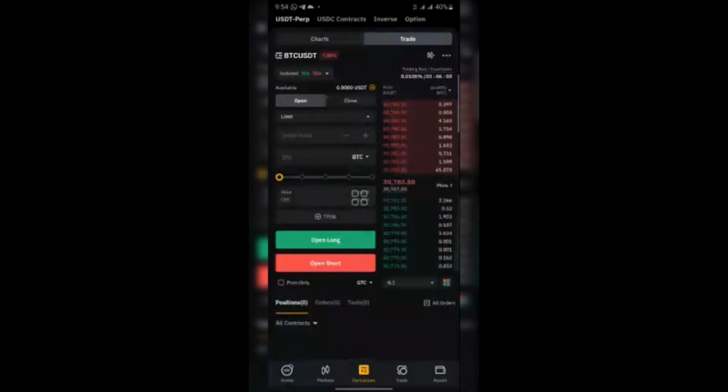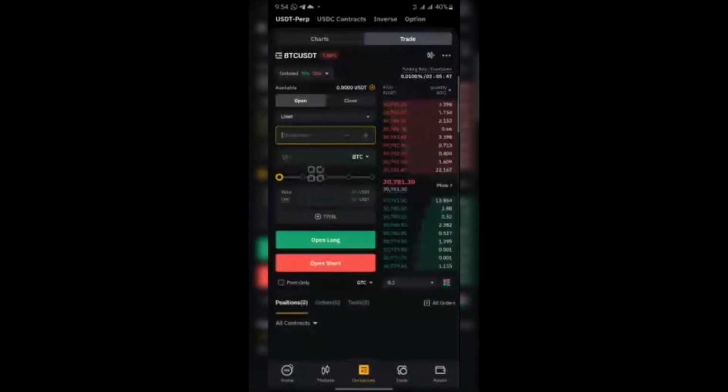You see, other price. What is the other price? It just means entry price. Where do you want to enter? I want to enter at 31,000. Do you understand all those things? I've explained that with Binance, and I say nothing concerned with quantity.